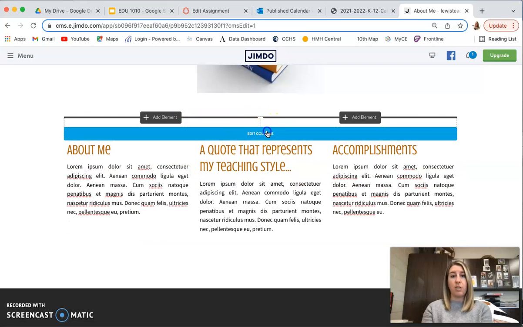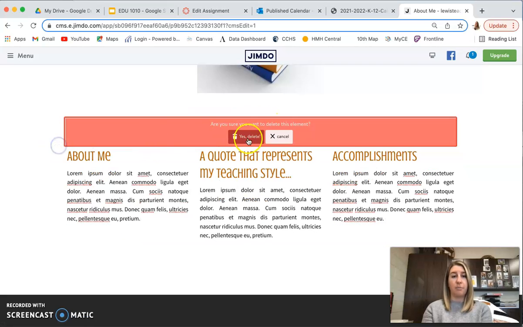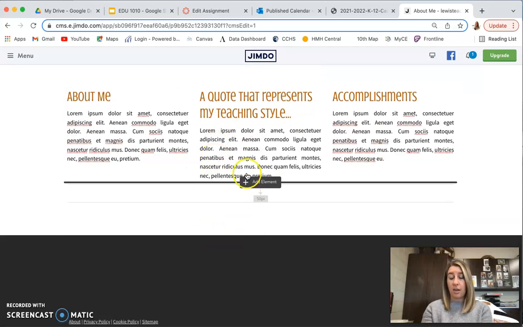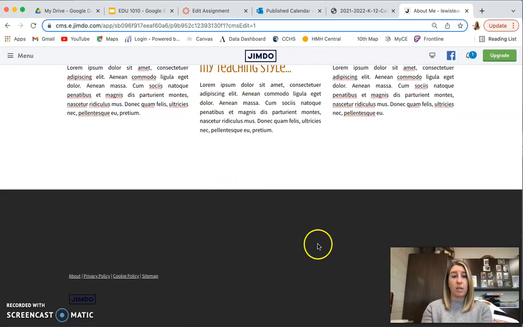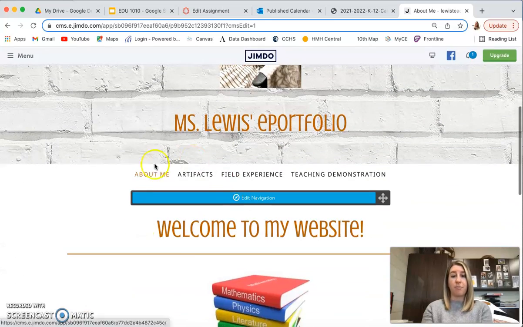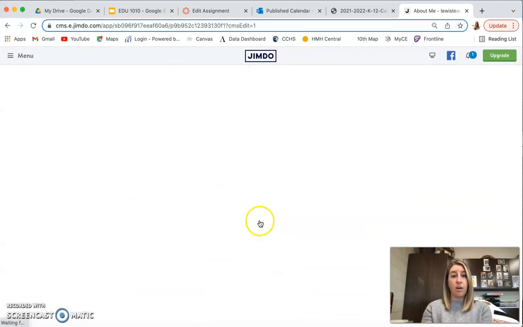Oh, if you want to delete an entire column set, you have to do edit columns and then delete. And just delete anything else that is already on the page. Delete everything that's down here at the bottom. I don't want your Twitter account or any of that stuff linked on here, so get rid of all of that. Okay, over here on artifacts,